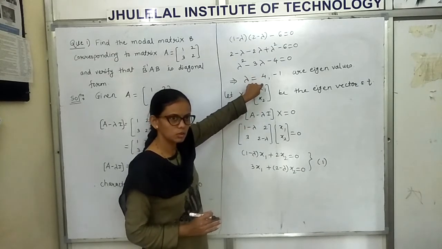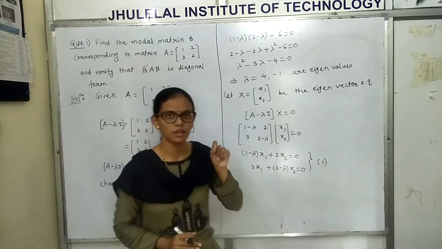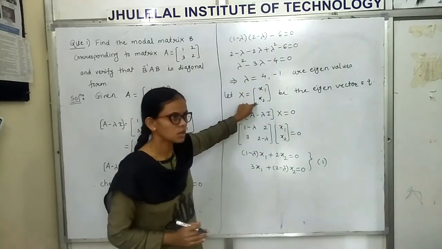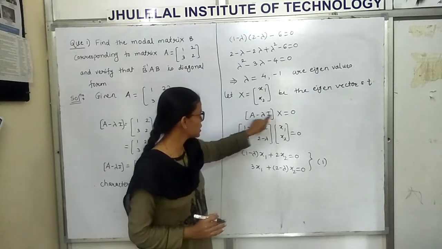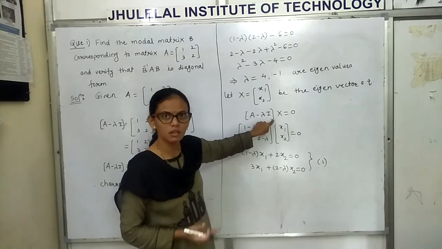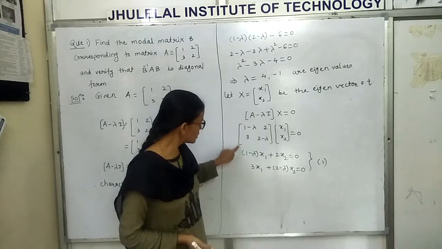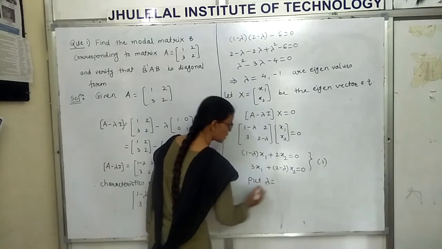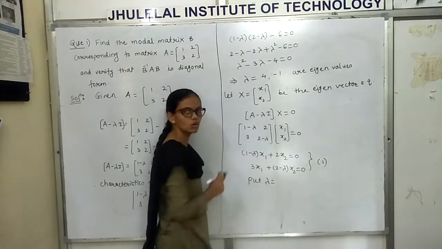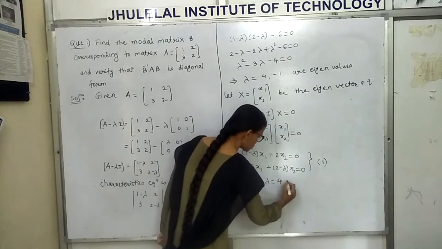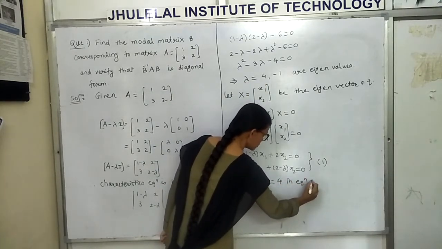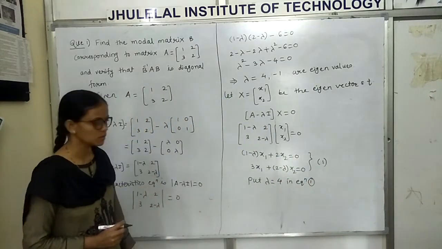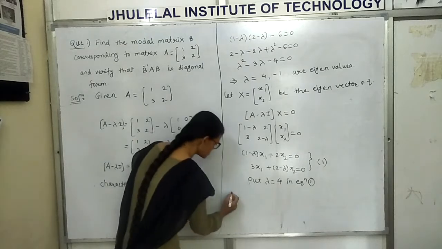After getting eigenvalues, we have to calculate the eigenvector. So suppose the vector capital X as x1, x2. Multiply this capital X with A minus lambda I to get the equations. After getting the equations, substitute the values one by one. So the first value I am substituting here is lambda equal to 4. Put lambda equal to 4 in equation 1. If I substitute lambda equal to 4, the equations become